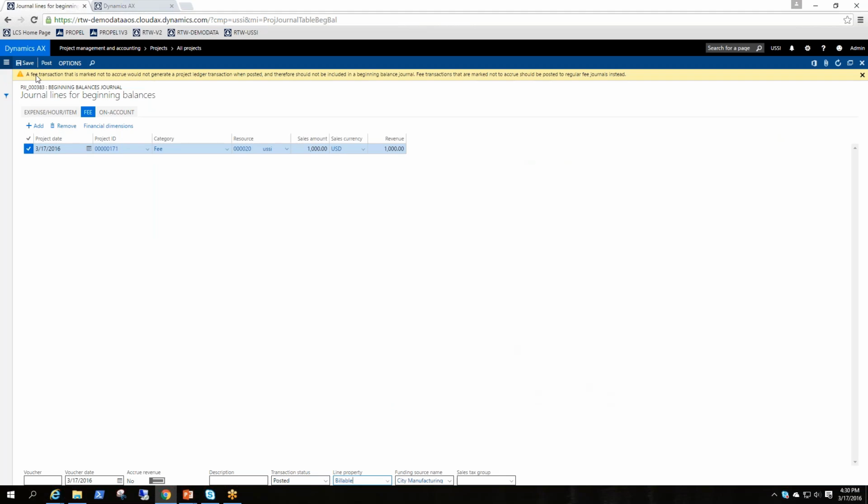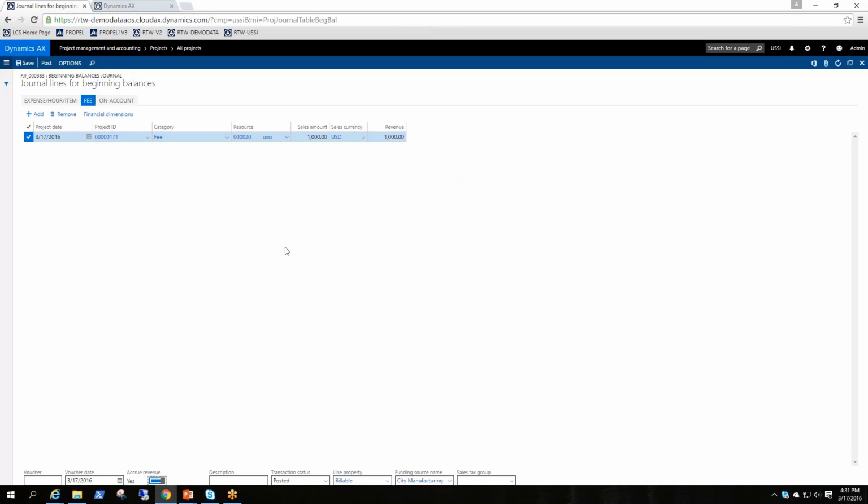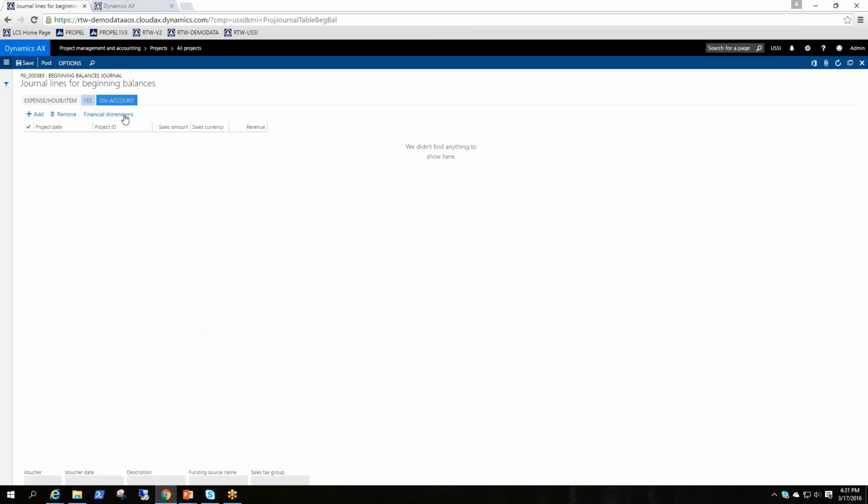So this warning is saying the fee transaction that is marked not to accrue would not generate a project ledger transaction when posted, and therefore should not be included in the beginning balance journal. Fee transactions that are marked not to accrue should be posted to the regular fee journal instead. So we can say, yes, we accrued the revenue, so it's sitting in an accrual account. All right. So next, we'll